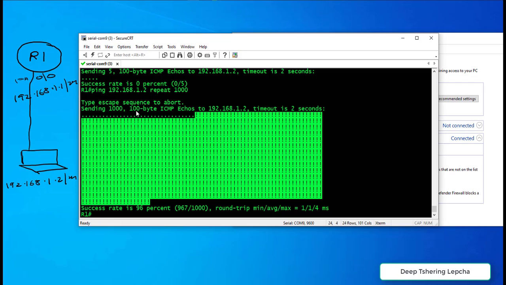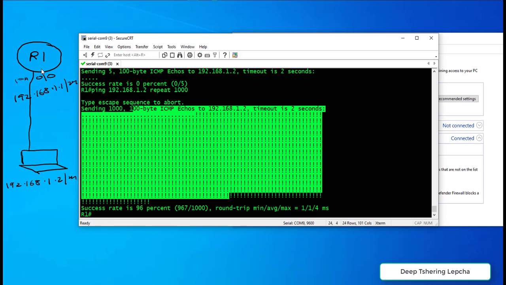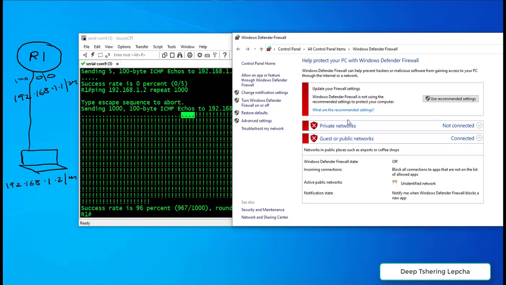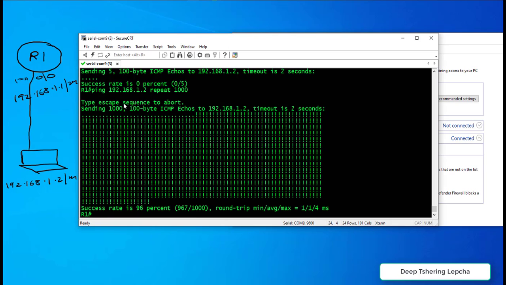So this is how you can actually verify whether your PC is successfully connected to the router, and from the router side, if it's not pinging, you need to check whether the firewall is turned off or not. If the firewall is turned on, it's going to show you green. If the firewall is turned off, it's going to show red. That means the security feature is disabled, and you can successfully ping from router to PC. So this is it. This is how you can actually verify, and then you can actually assign an IP address on a Windows laptop, and this is how you can verify the connectivity between the router and the PC in the real